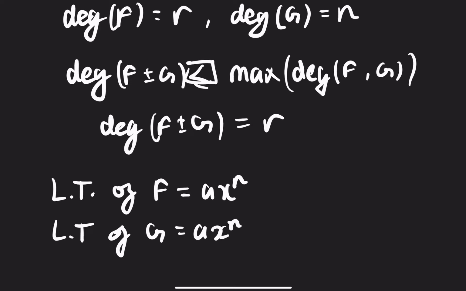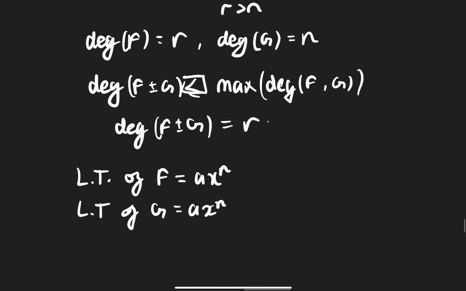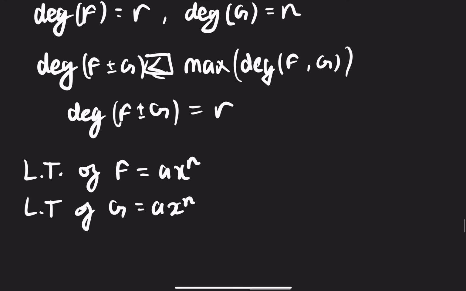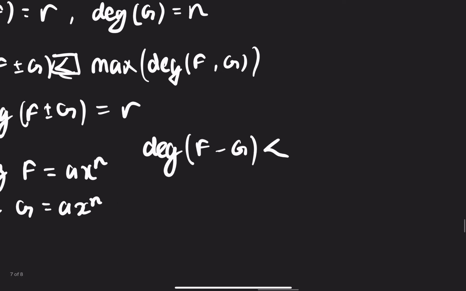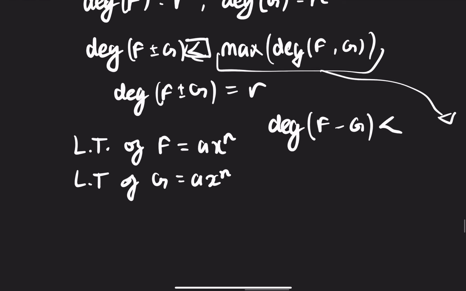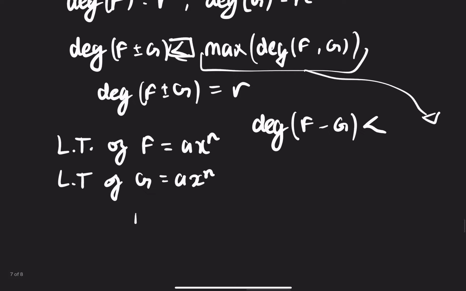So if both of their leading terms are the same, then that means that both of their degrees are going to be the same. Let's walk through it step by step. So their leading terms are the same. So that means that if we do the degree of f minus g, in this case, it will have to be less than the greater one of the degree of f or g, right? Because we're subtracting g from f, so f minus g,